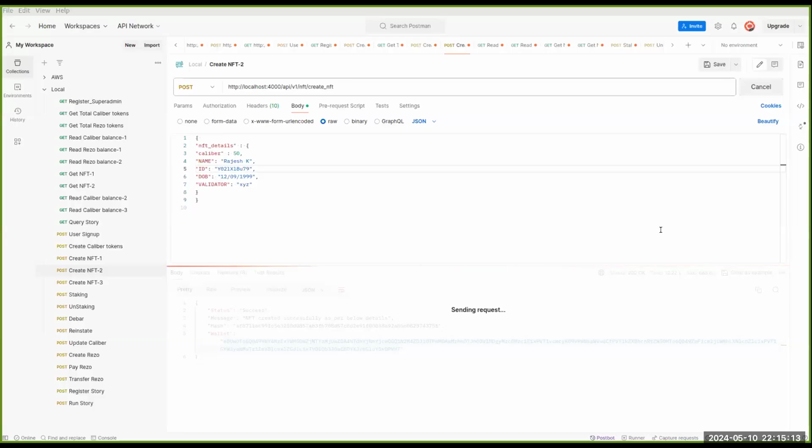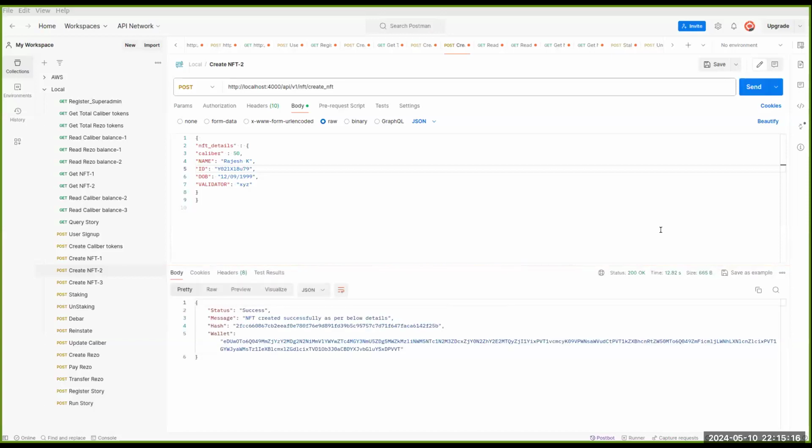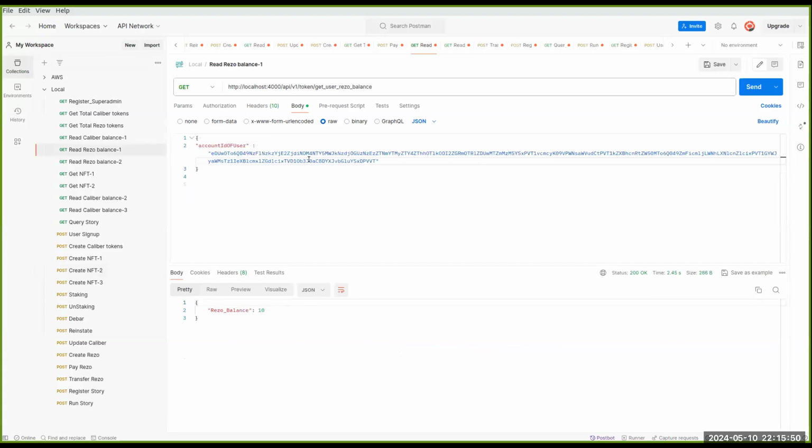Okay, ready. Yeah. So now we have got both the wallets. So this one, the gig worker. So now these two wallets we will... Now let's first check their Rezo balance, which has to be 0 because initially this